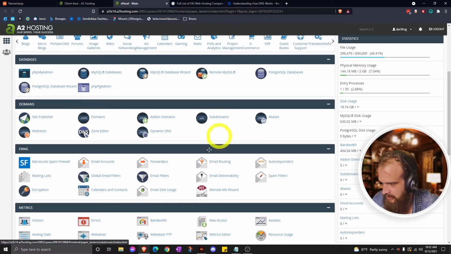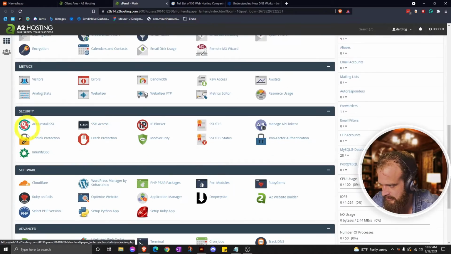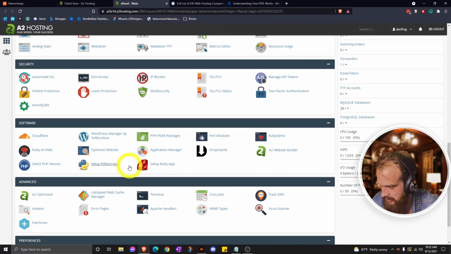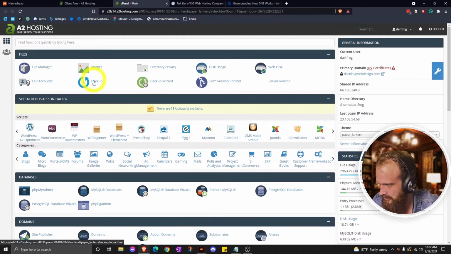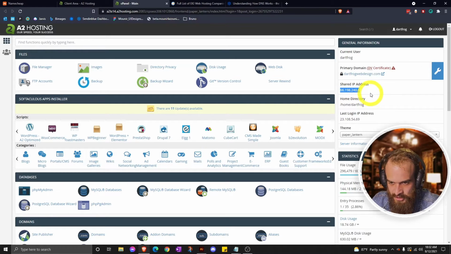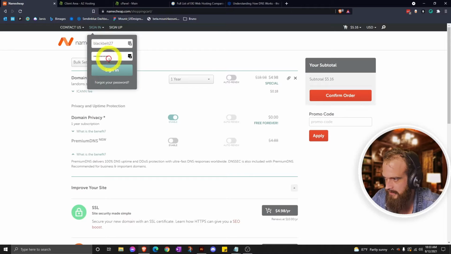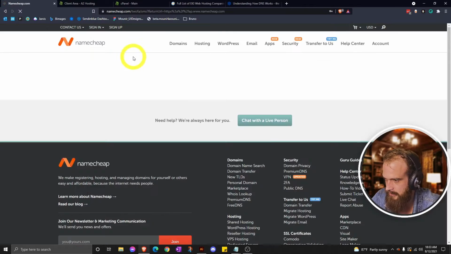So I can add domains, set up emails. There's a bunch of crazy complicated stuff. To be honest, I haven't even clicked on probably 80% of this. You only need to worry about a couple things in here. But right now, shared IP address, that's the only thing that we need. So we're going to copy that. And if I'm in Namecheap here and I want to buy that domain and check out and everything, let's go ahead and take a look at,